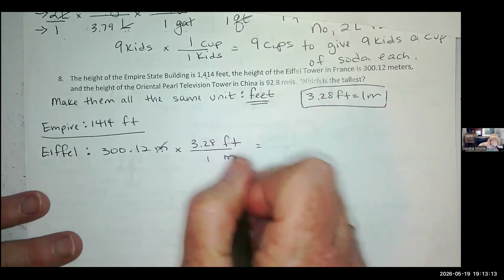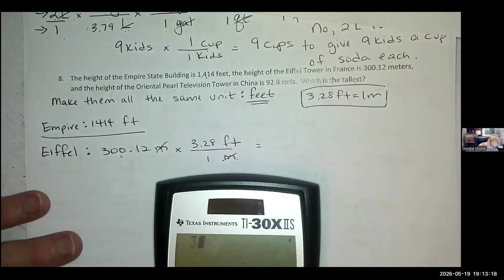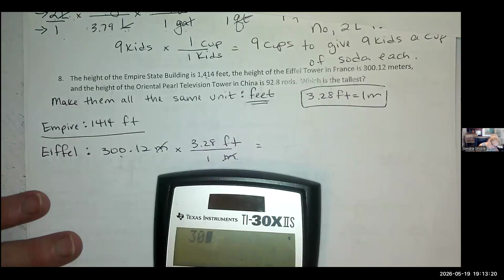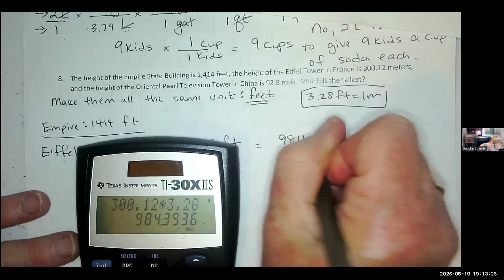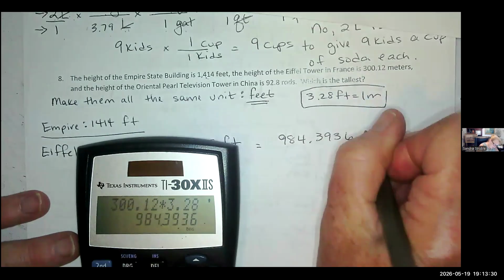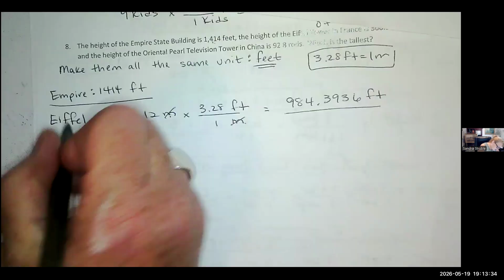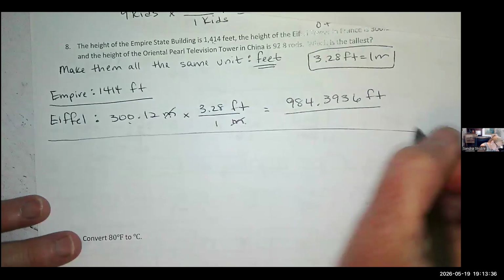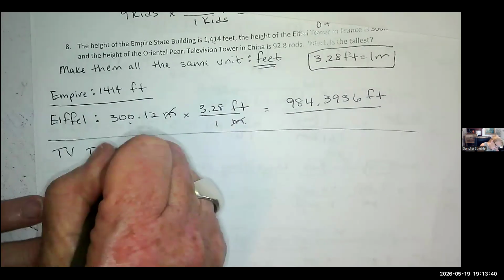300.12 times 3.28 leaves me with 984.3936. And this is feet. And then the next one we want to do is the television tower. And it is 92.8